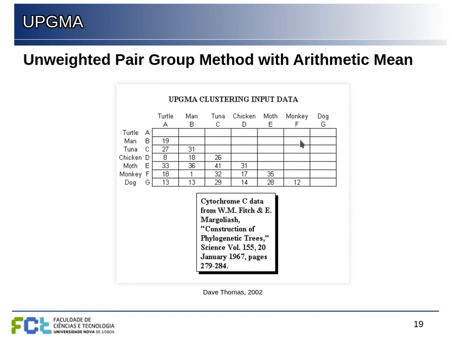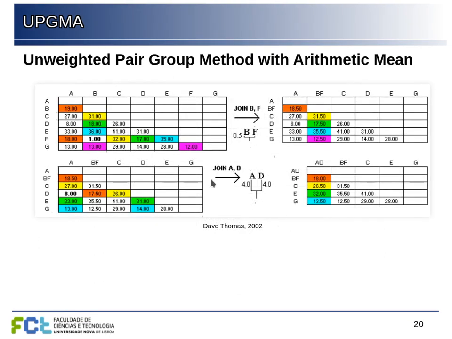And this part of the table would be just the same value. So this is between dog and turtle. This would be between turtle and dog, but it would be the exact same value. So it's redundant to compute that one. Okay, so now that we start here, we're going to find the smallest value on the table.